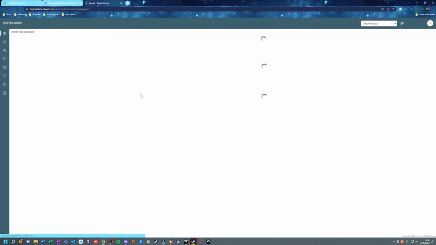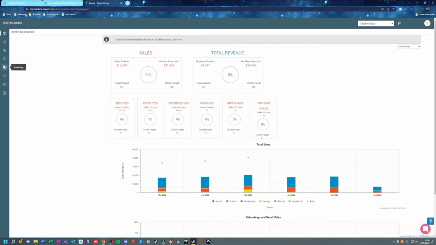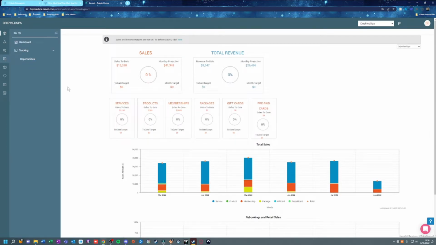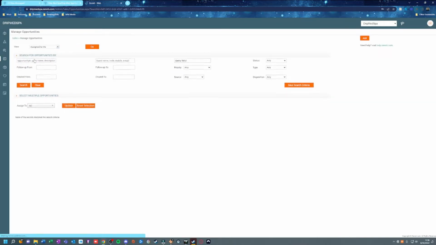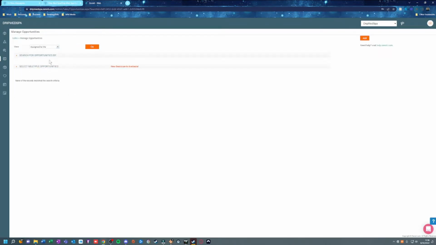I'm going to go back here and go through the actual sales module, which I built out a little bit. So how you would navigate along the side, there's sales, and then you'd come to opportunities. Okay, right here is kind of the dashboard for the opportunities. And you can see,